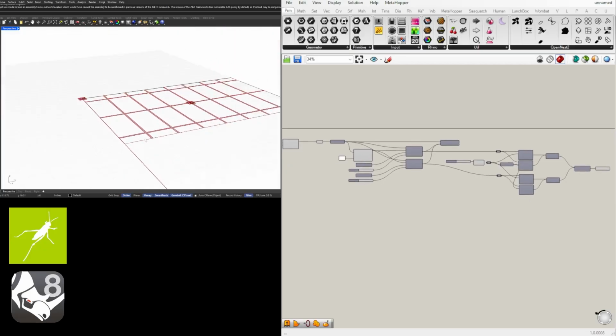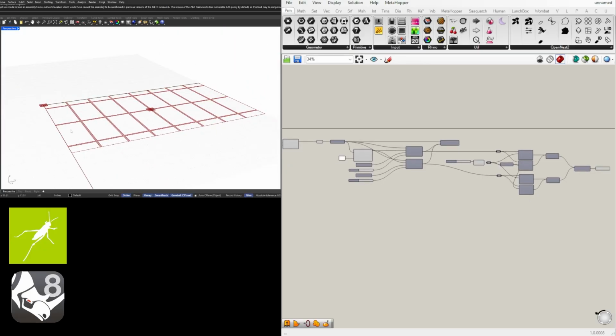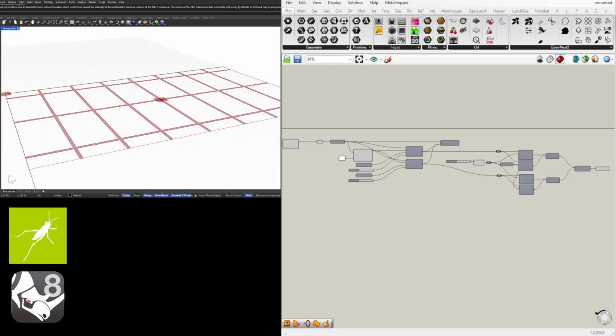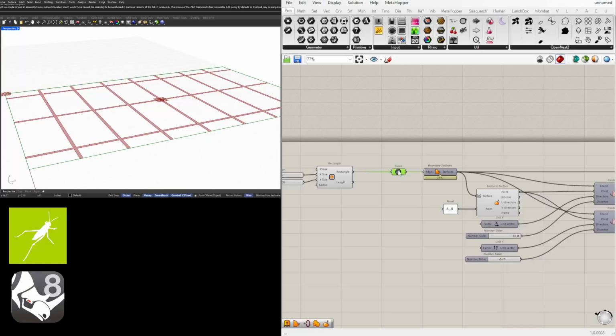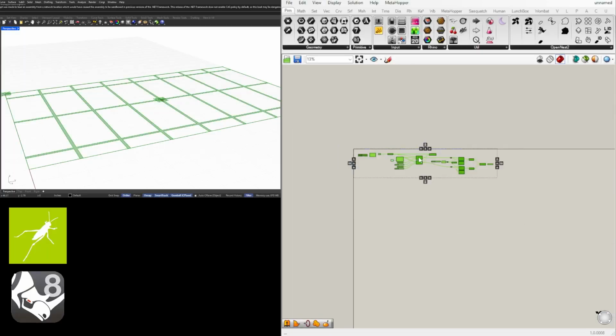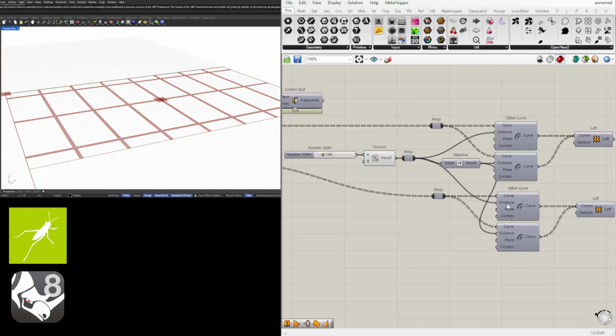So far, we've brought in a curve, subdivided it, split it, and created the base frame. So notice that we have the outside, but we don't have a frame on the outside. So what we need to do is go back to this curve, and we're going to offset it to the inside. So I'll bring in an offset,